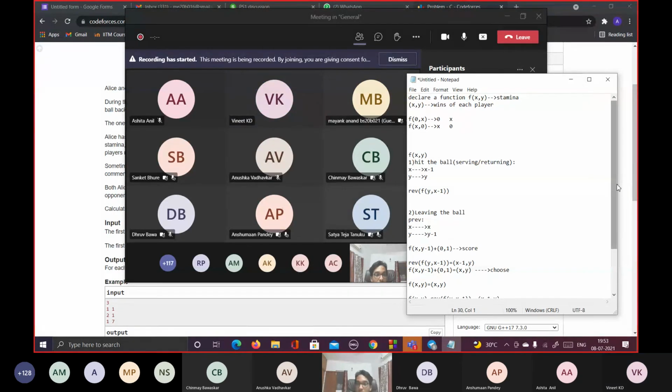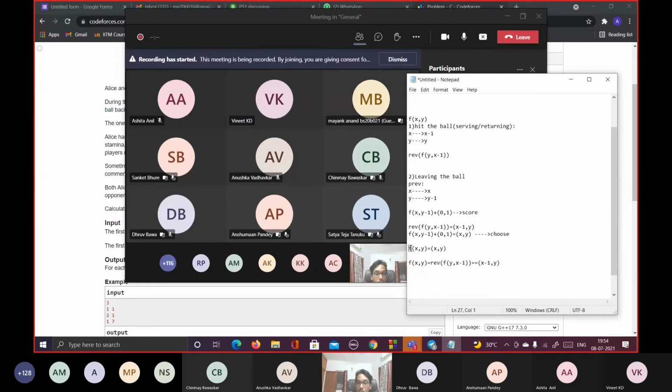One last thing. I was just struggling for the keyword here. Basically, I think I did something like mathematical induction here. If you know, you start with a boundary case. You check for, say, f of 0 comma x. Usually in induction you check the base case, and that we have proved. Obviously, logically also it sounds right, because if a person has 0 stamina and the other person has non-zero stamina, eventually he will be having x wins. What we aim to do is to prove that this is true, and to prove this, we are using the induction principle.